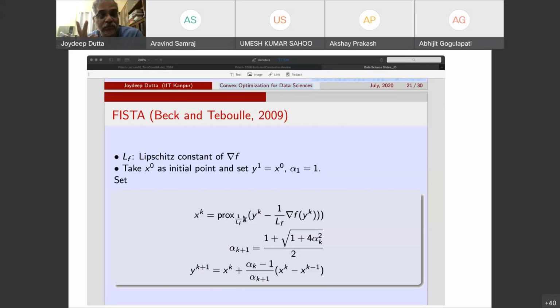So what happens in the previous one, x2 is nothing but prox of x1 minus 1 by L times grad f x1. Here you don't do that. You create a y2 which is constructed out of the last two things, x1 and x0, and through that you create x2. That increases the speed for some reason. To be very frank with you, when you read the math, it is clear that this is the way you should do it, but why it would work at all, I still haven't been able